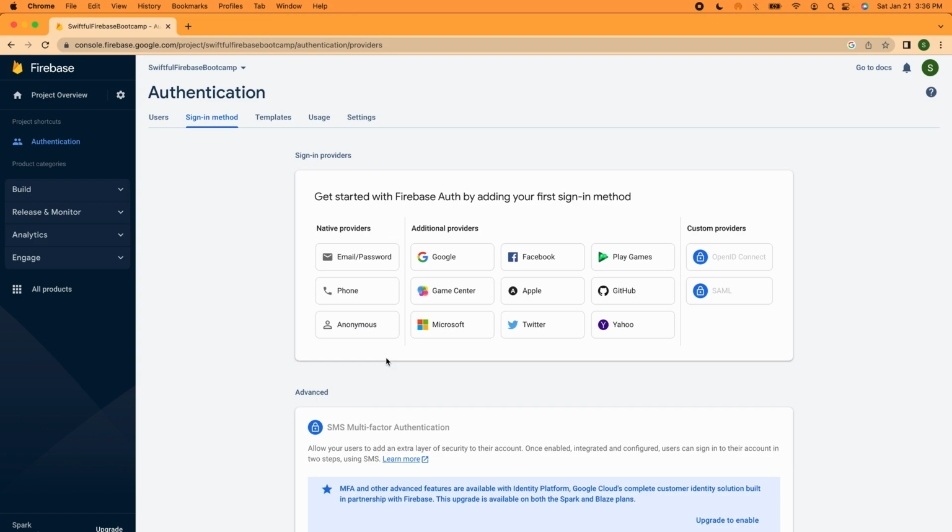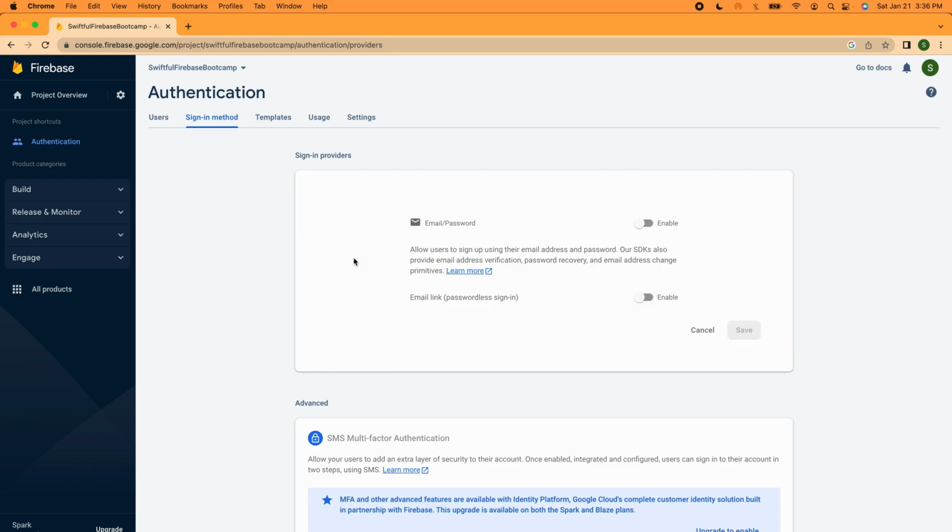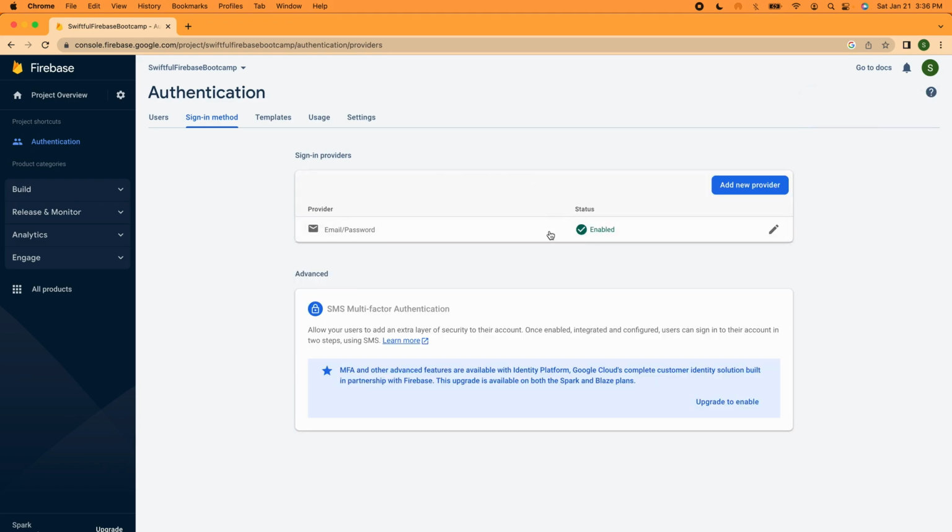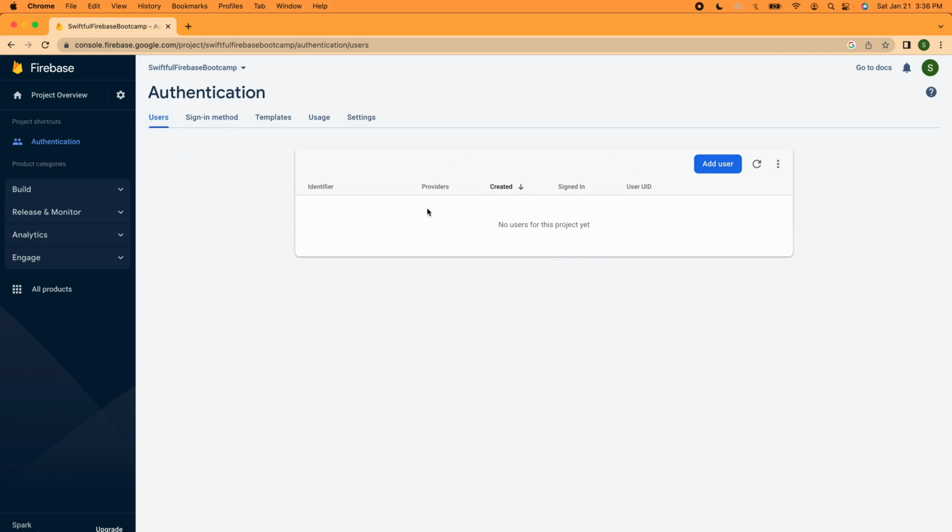But for right now, we're going to start with the basics, and we're just going to sign users into our app using an email and a password. So let's click on that one. Let's enable email password, and we're not going to do passwordless sign in. We're just going to do email password, click save. And we can now see that this is enabled. And we can go to our users tab here and we can see all of the users in our project. So I will talk more about this when we actually get a user, but let's connect this now to our